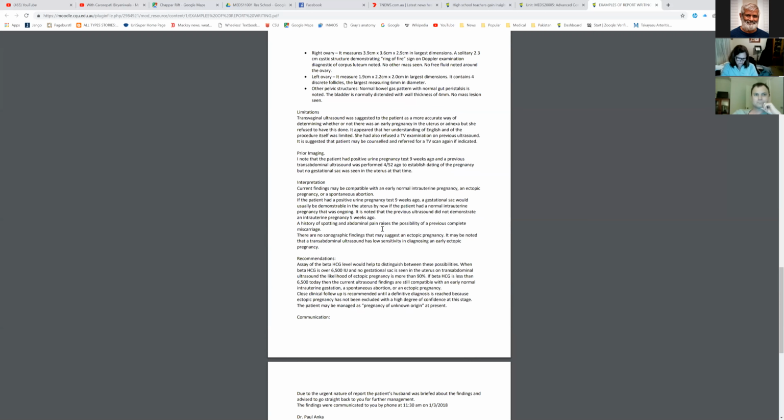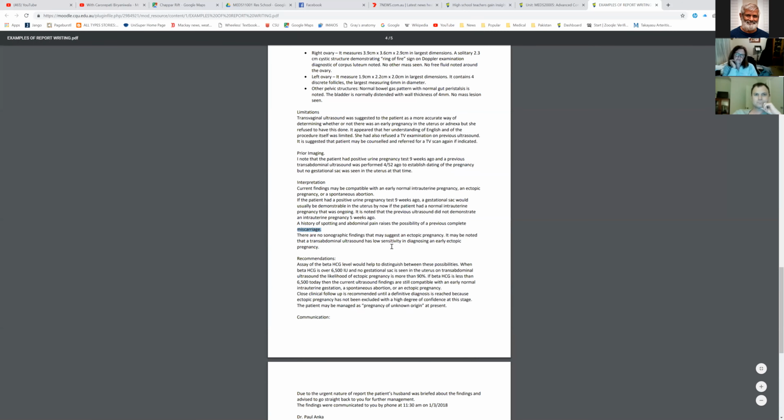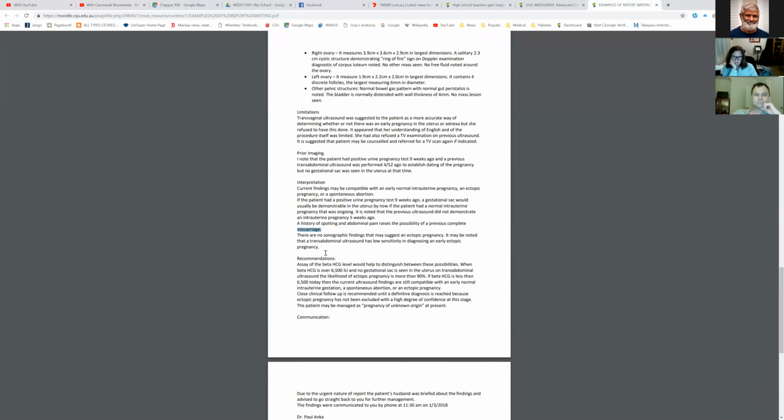A history of spotting and abdominal pain raises the possibility of previous complete miscarriage. Remember the word miscarriage, not abortion. There are no sonographic findings that may suggest an ectopic pregnancy. It may be noted that a transabdominal ultrasound has low sensitivity in diagnosing an early ectopic pregnancy, but we are talking about 9 weeks. Okay, so here the interpretation is a lot more logical,